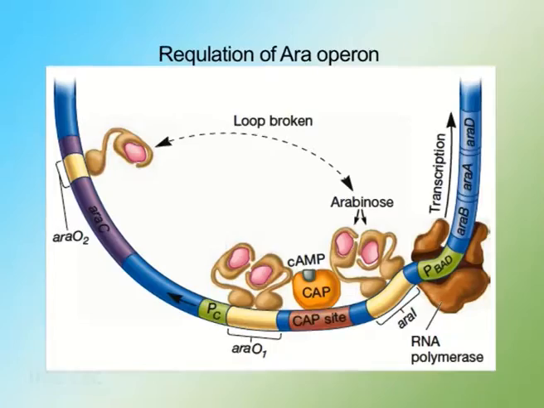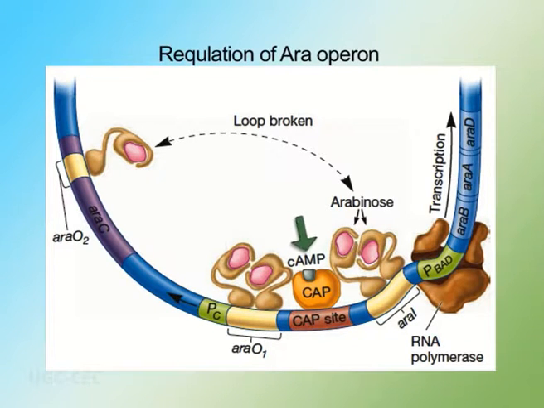So here we will see that as soon as arabinose comes into the system, it binds to Ara-C, and binding of arabinose to Ara-C leads to a conformational change in Ara-C. As there is a change in conformation of Ara-C, it no longer retains its binding affinity towards Ara-O2 and it leaves Ara-O2. Instead, it binds to another operator region, Ara-I2. And the arabinose Ara-C complex bound onto Ara-I1 and I2 in a way facilitates the binding of RNA polymerase on the